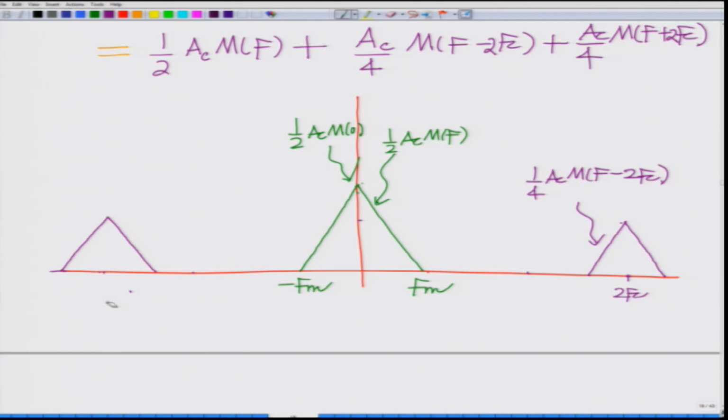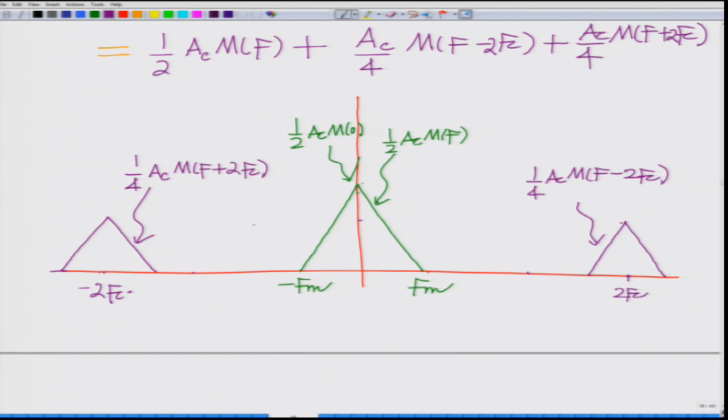So, this is your 1 over 4 AC MF plus 2 FC, correct. So, you have these two bands at 2 FC and minus 2 FC, and therefore, now